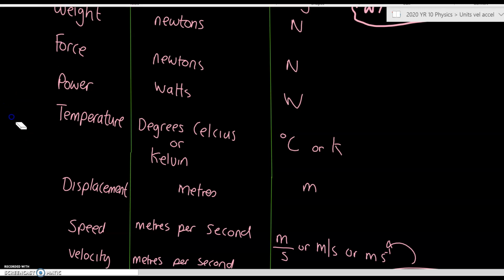So power, if you think of how powerful you are, means how quickly you can convert energy. So really, the true units for this, it was named after a scientist, but the true units is how many joules can you use a second. And if you're really powerful, you can convert a lot of joules of energy per second. And that's what we mean by power. But we give it the symbol W, which is going to be a capital